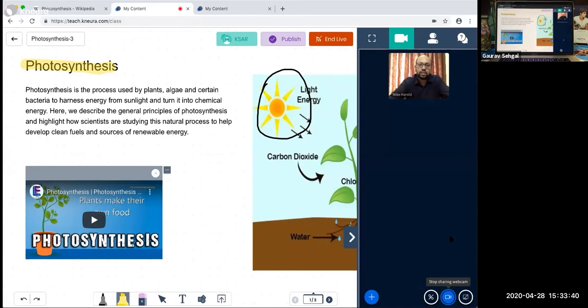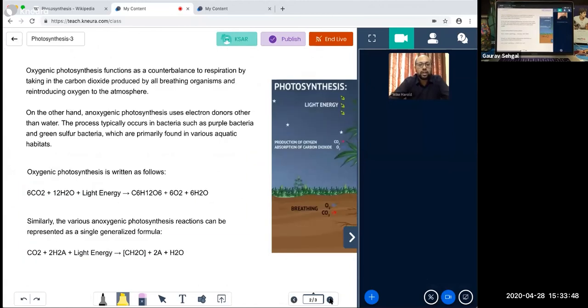The next part is, let's say the teacher wants to continue teaching and wants to switch the pages. You'll notice that the student's page automatically switches. So when the teacher is teaching, he has complete control over what the student also sees. The student doesn't have to manually change the page when the teacher is changing.